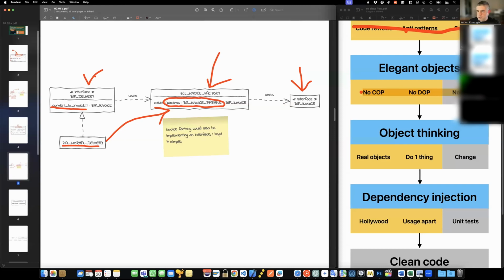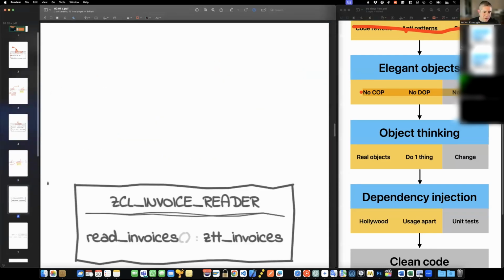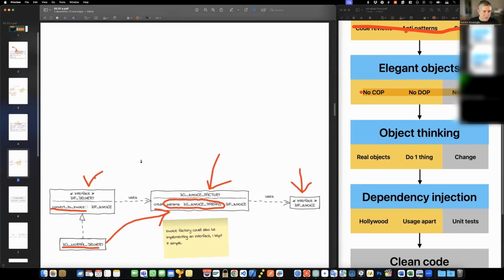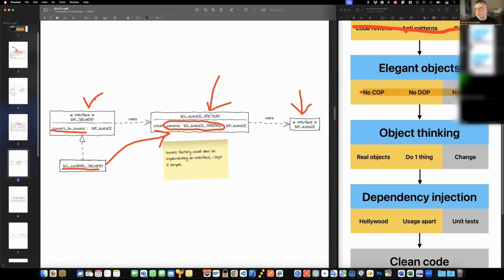And the final point under elegant objects that I want to address is no inheritance. I don't have a slide for that, but this is discussed all around the place. I'm not going to go into much depth, but basically, when you inherit a class from another class, which means you have a class A, and then you inherit another class, it inherits all of the properties and methods of your former class.